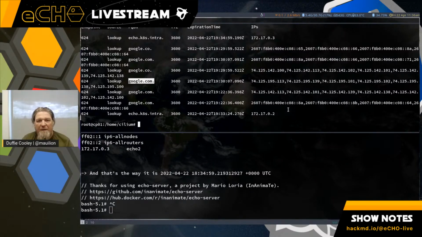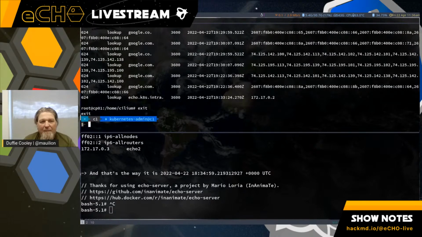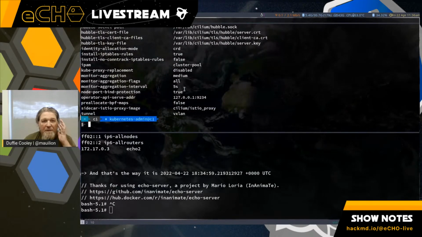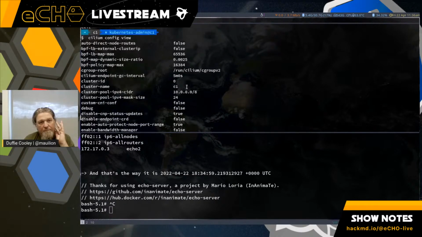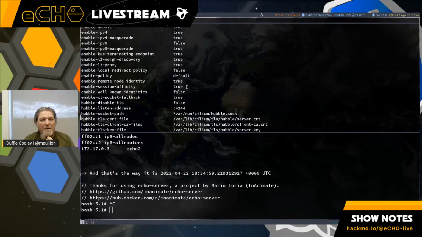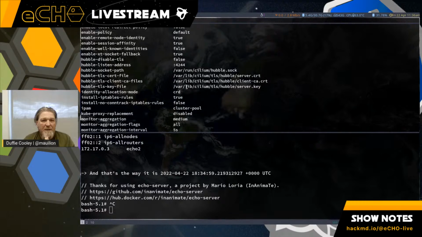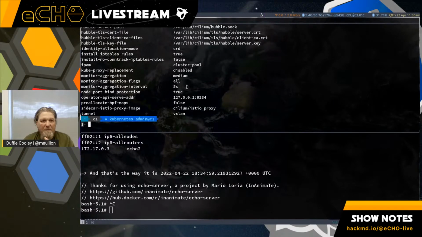All right. Now, what I want to do is change this value. So let's go ahead and do that. Actually, let's do it with the Cilium config now. So cilium config view. And it looks like the knob I want is not already defined in here.